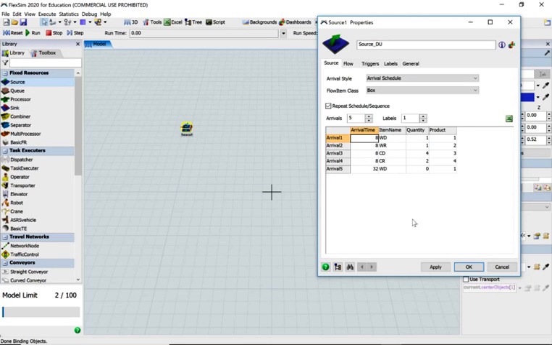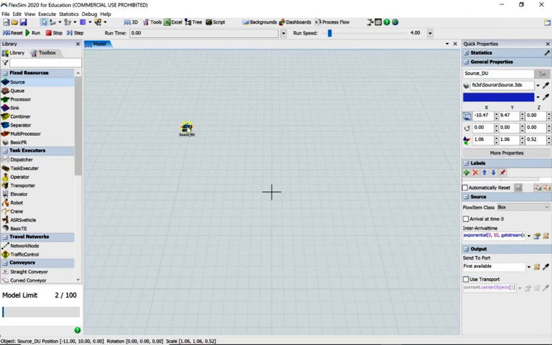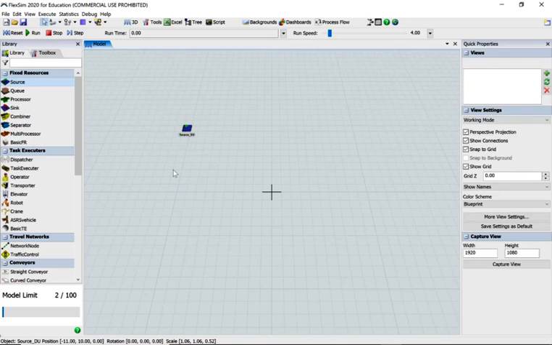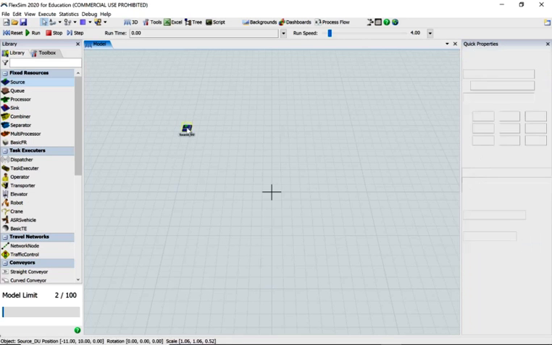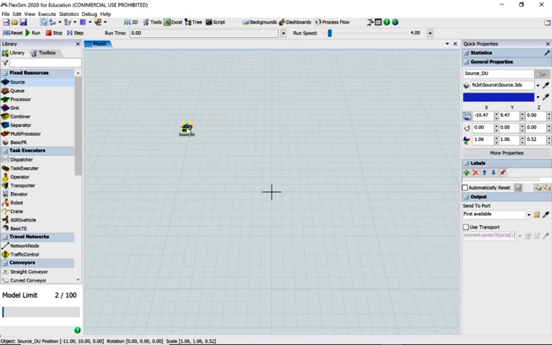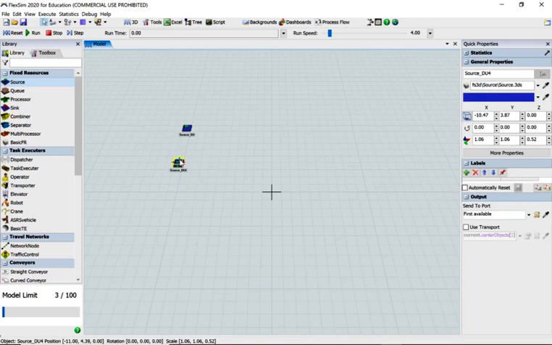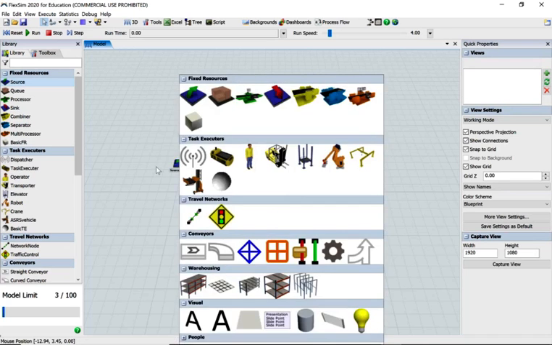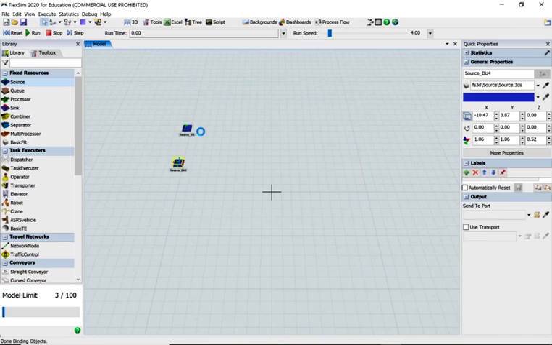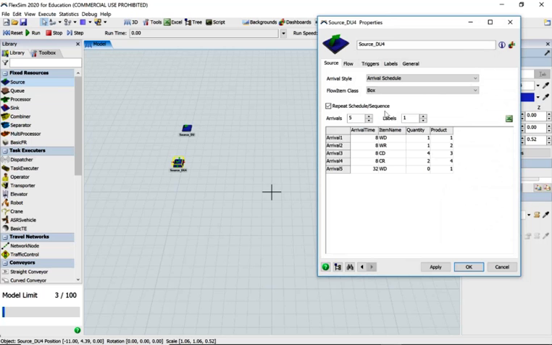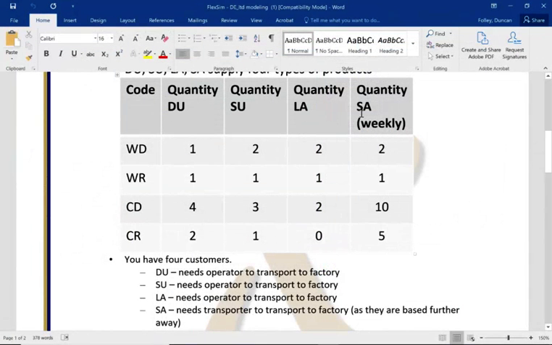Okay, so that's source DW. Let's apply it and say okay. I am going to copy and paste that there. That didn't work. Let's try that again. Copy, paste. I just wanted to show you the first 3 settings are exactly the same, but for the last company, let's go and look at the data for that. So the last company, SA,